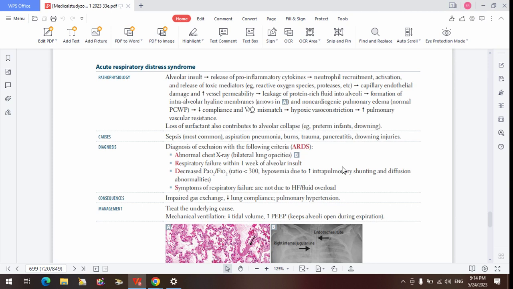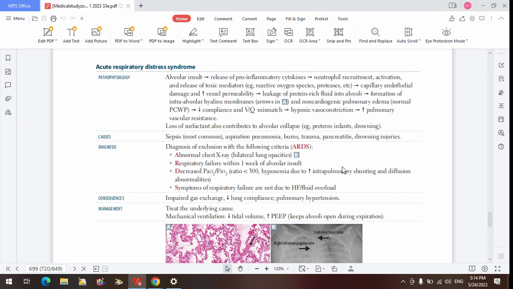It can cause so many things. It's disseminated because in pancreatitis, you have release of those interleukins, those cytokines into the bloodstream, and they can go anywhere. They can even cause acute kidney injury. They can damage the lungs. Anything you can think of. Pancreatitis is a disseminated condition. When there's overwhelming release of those interleukins from pancreatitis, you can have affectation of so many organs. And the people that are drowning too, there's a lot of fluid within the lungs, there's lung damage, release of the inflammatory cytokines. So that's the common pathway.